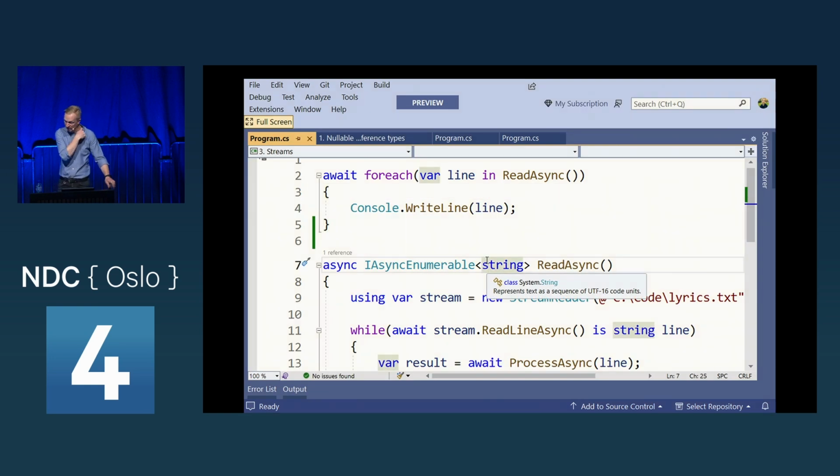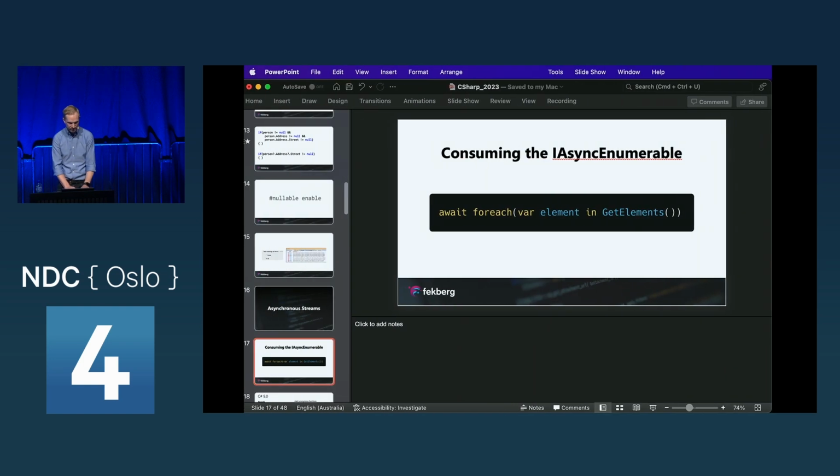So that's the asynchronous streams. They're quite powerful, and I'm using this together with the pattern matching enhancements as well that we're going to talk about next. So there's a lot happening in this code snippet here. Even though it looks very simple, there's a lot of code generated to make this work. The task parallel library, together with the generated state machine, is doing a lot of things internally. I'm just happy I don't have to write that code myself.